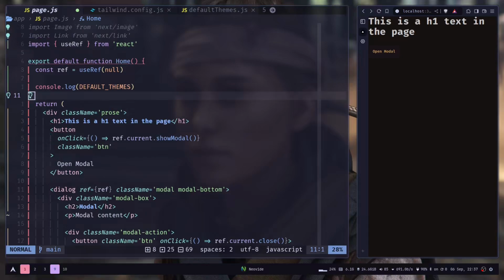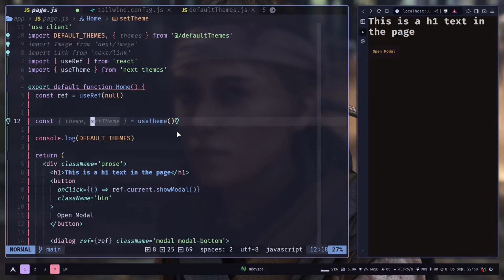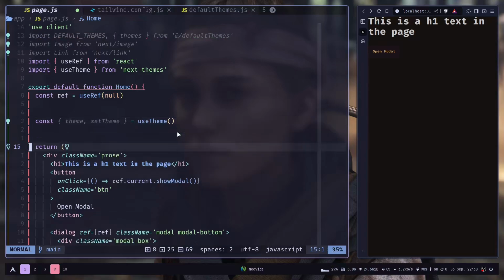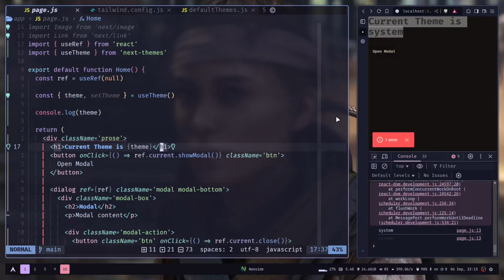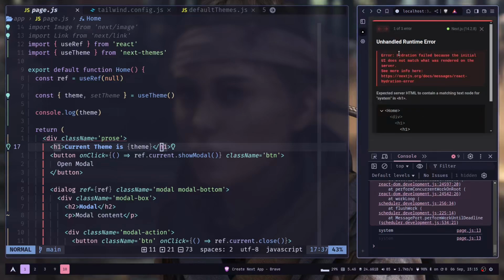Let's use the use theme hook. The use theme hook returns you the theme state and a function called setTheme, which is going to be the theme name that you want to use. Actually, let's just remove the console log and add the theme name to the h1, current theme. And now you see the current theme is system, but we also have an error that said hydration failed because